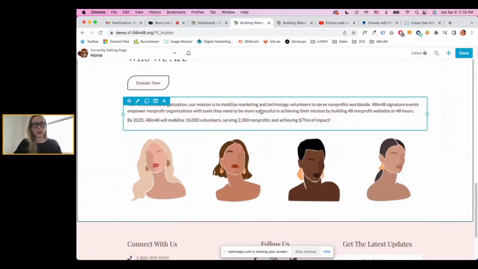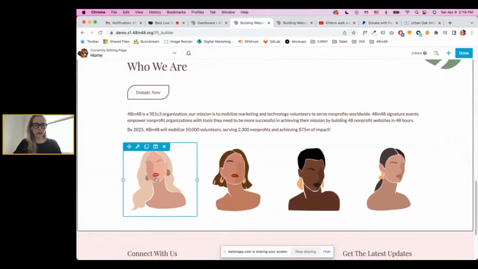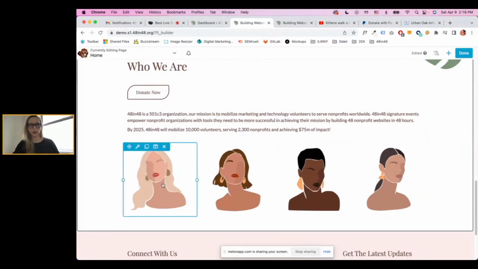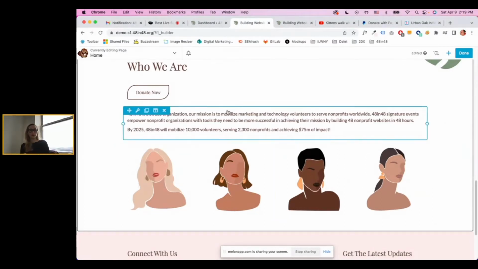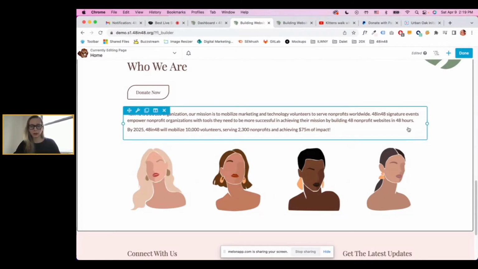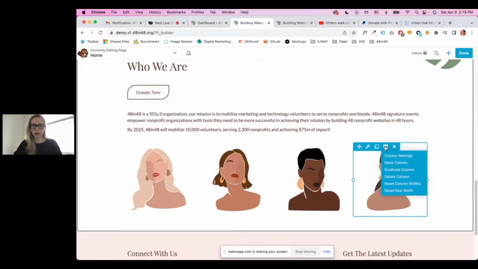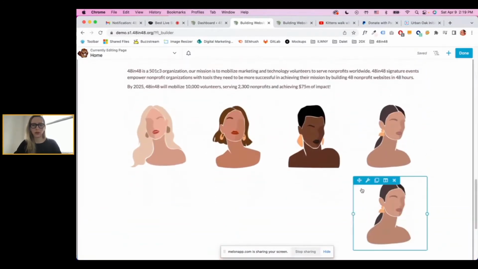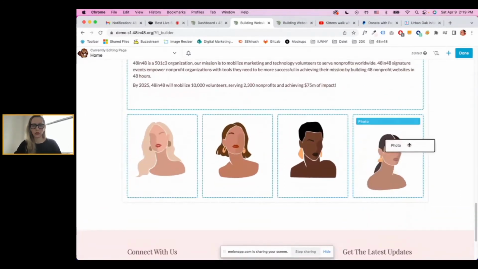Now, let's say, for example, let's think of these illustrations as headshots of your board members, and let's say your team is growing. And you say, okay, we are not 4 anymore, we're actually 5 people. So all you have to do really again is, in this case, you duplicate the column. You can also duplicate just the image and then move it around. You just drag it and move it here